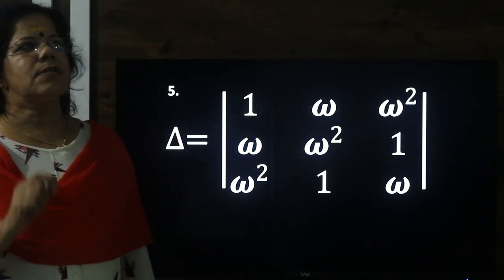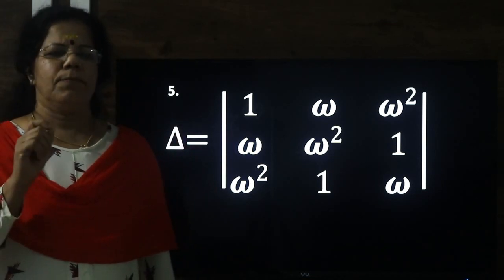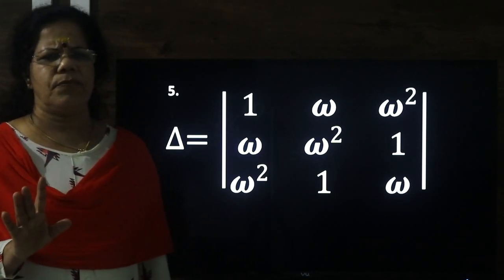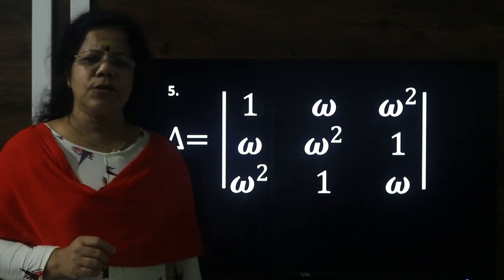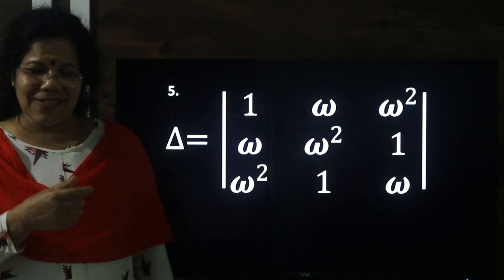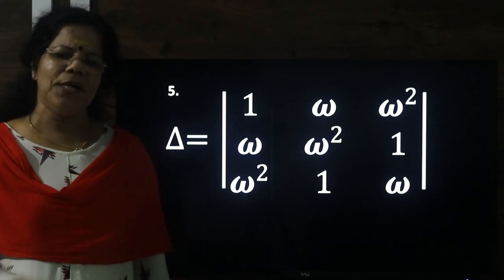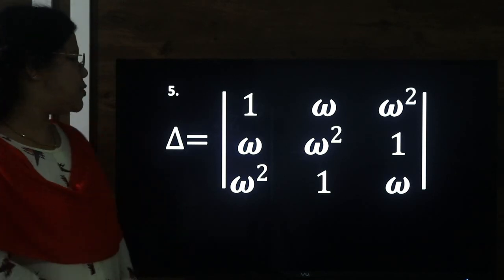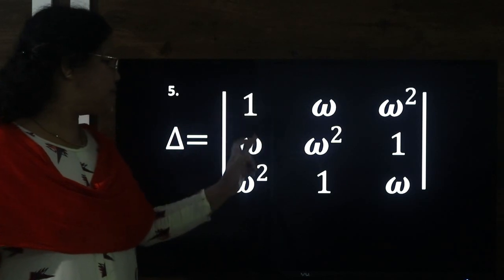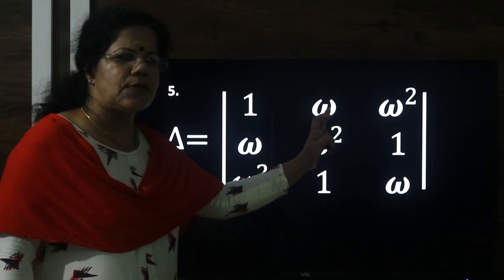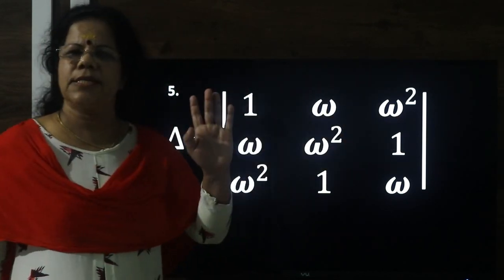Now we know minus 1 by 2 plus i root 3 by 2, plus minus 1 by 2 minus i root 3 by 2, plus 1, is clearly 0. 1 plus negative 1 is equal to 0. So the sum of the 3 cube roots of unity is equal to 0. With this knowledge, if you approach, what can you do? C1 changes to C1 plus C2 plus C3, or R1 changes to R1 plus R2 plus R3. You will be getting R1 as 1 plus omega plus omega square, 1 plus omega plus omega square, 1 plus omega plus omega square, which is already 0.